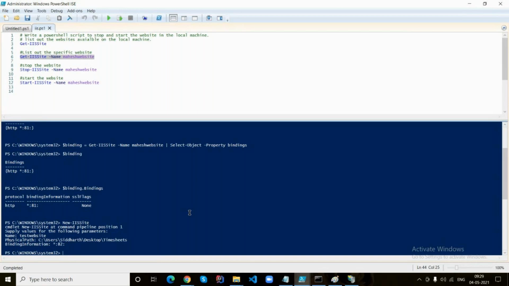Okay, so this is a way that you can find. And basically if you see, the value is http space star colon 81 colon only, but it is an object. That's why it has 3 properties defined in that object. So the binding information is expecting us to provide only a